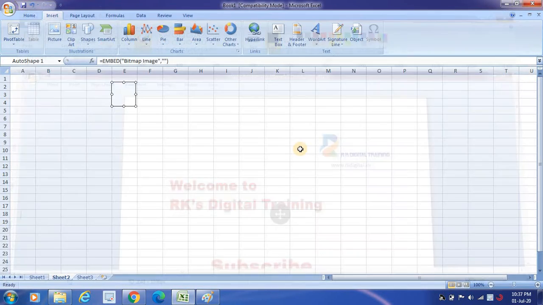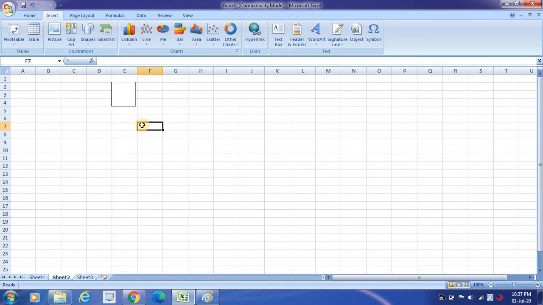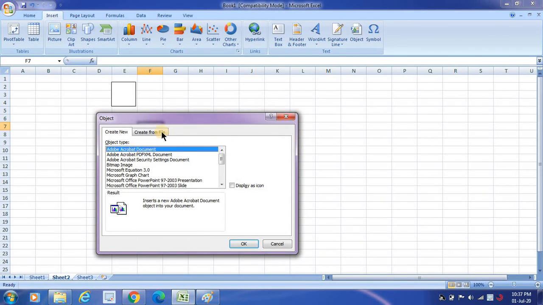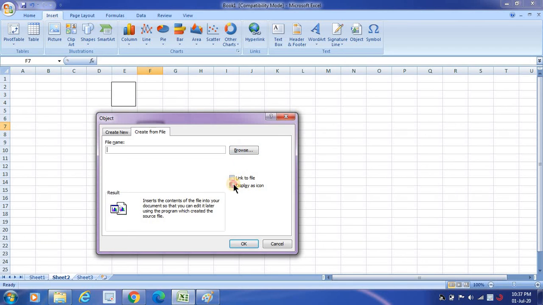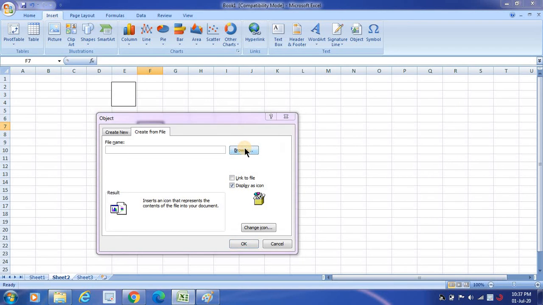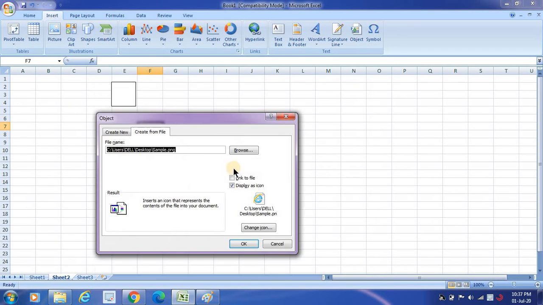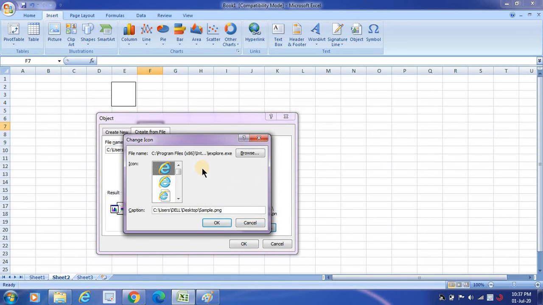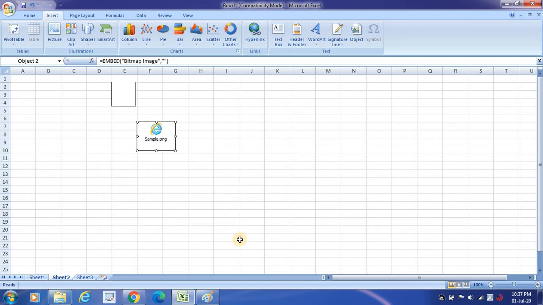So if you wanted to make the name also, you can do like I said, go here, click on OK, and then display as an icon, click on browse, and then sample.png, and remove everything, the unnecessary text, and then click on OK, and then click on OK. Then you can see this way. So based upon your Excel version, it will show you, and you should be in a position to understand how it is showing.